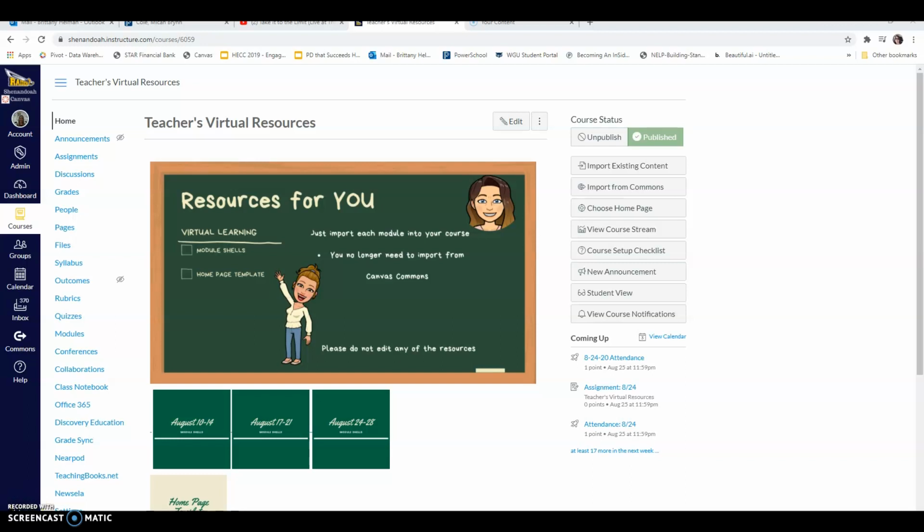Okay, so there's a new feature in Canvas right now where you can import content from one course to another course without having to go through the entire import process. You can do it through just a couple of clicks of a button. So, for example, if you want to copy a page, an assignment, a quiz,